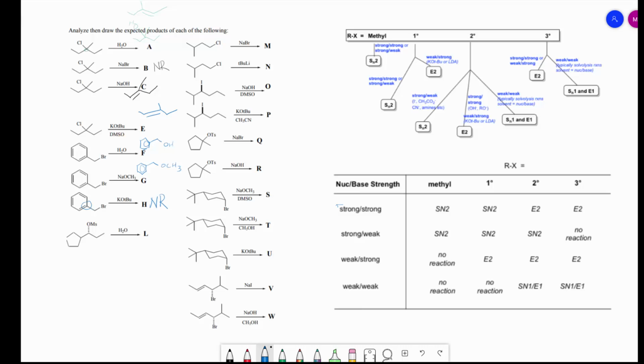The next one on my list is actually L. And here I have a secondary carbon that is attached to my heteroatom. So I'm going to be looking in this column, my secondary column. Now I have water. Water is a weak nucleophile, weak base. That means we're going to form the SN1 and the E1 products. For the SN1 products, we're going to form a mixture. So I'm going to draw it flat, a mixture of both enantiomers of an alcohol. So we have this hydroxy group. We're also going to form